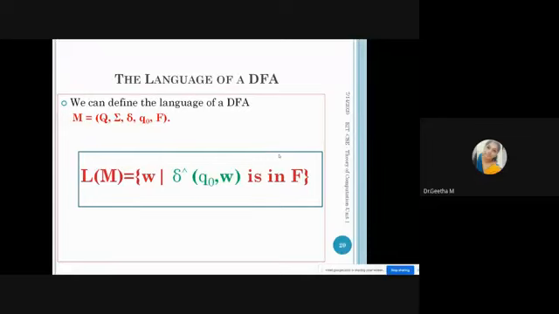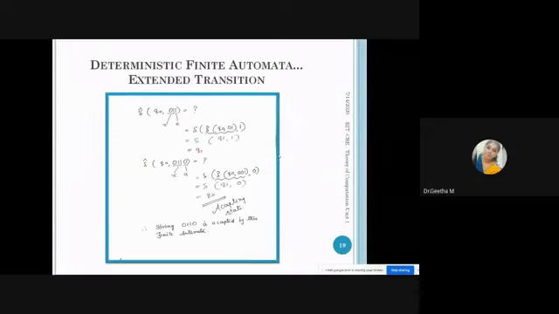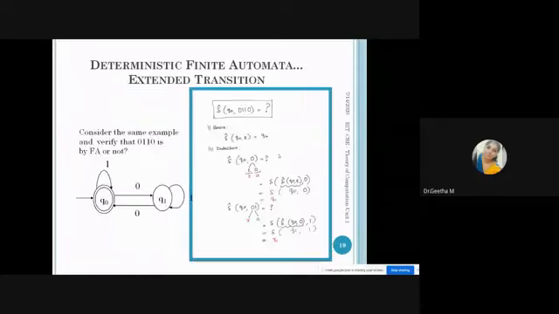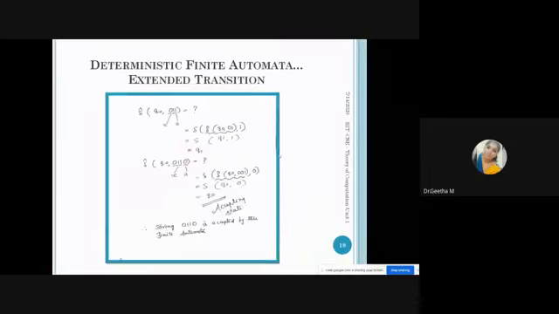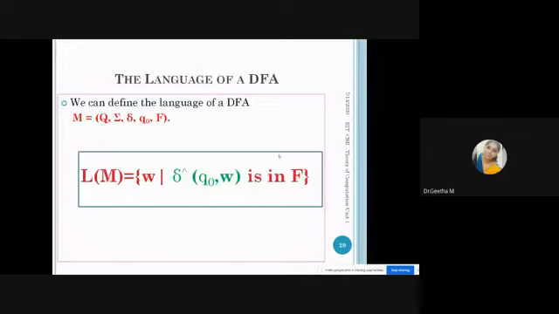See the example. In the previous example, we got q0. What is q0? It is an accepting state. q0 is also the final state. Both are the same, accepting and final. So q0 is an accepting state. After processing all the symbols, we should end in a final state. Then only we can say that W is accepted.